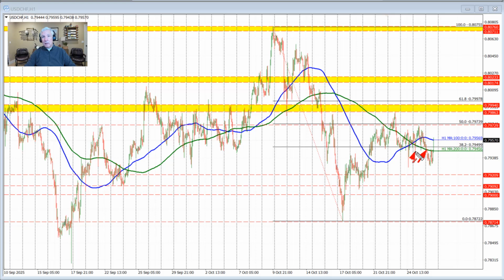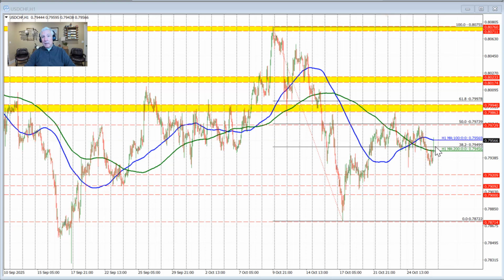We tried to go below that level 2 times yesterday, and each time the market failed. So this time we saw increased momentum to the downside, but the price could not get below the low price from Friday's trade, and we started to see a rebound. Where do we go? Back to the 200-hour moving average, where we found willing sellers against that level, pushing the price back lower. But when we couldn't get below the low price from earlier in the day, we started to